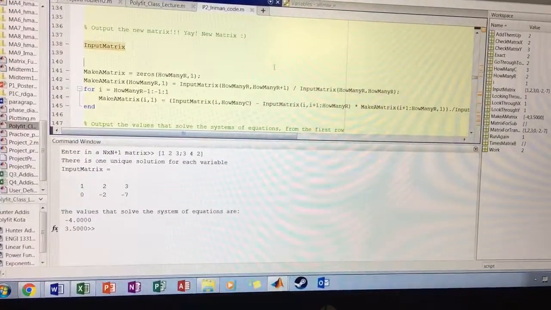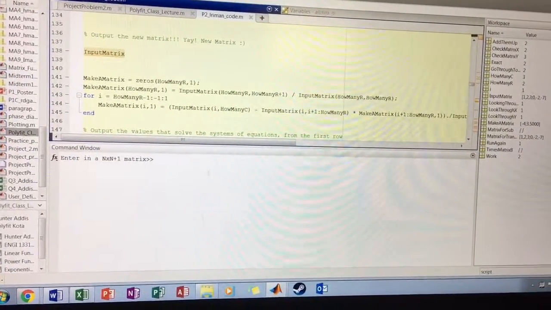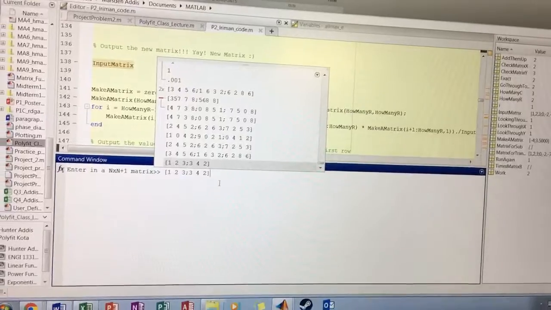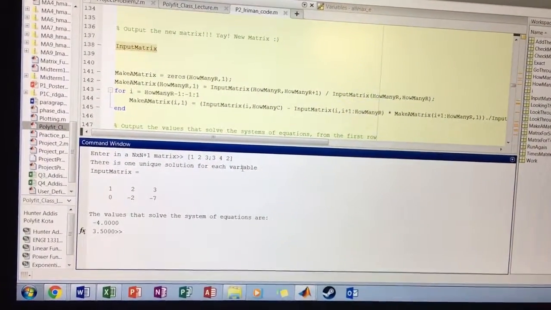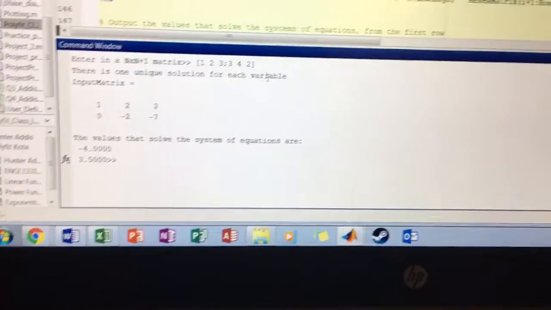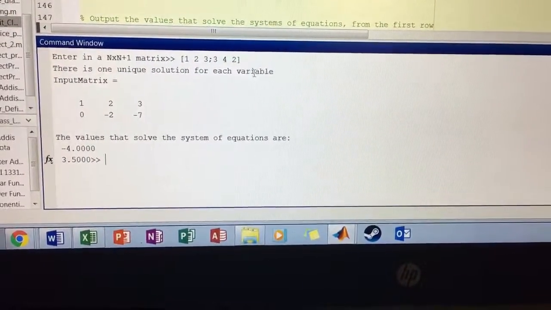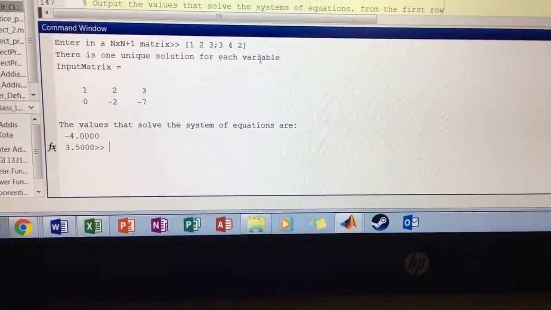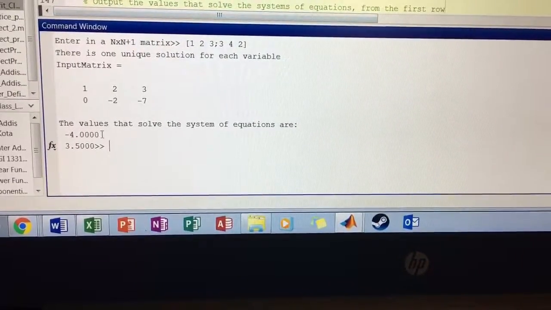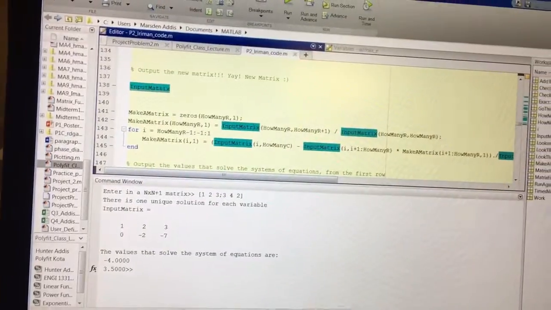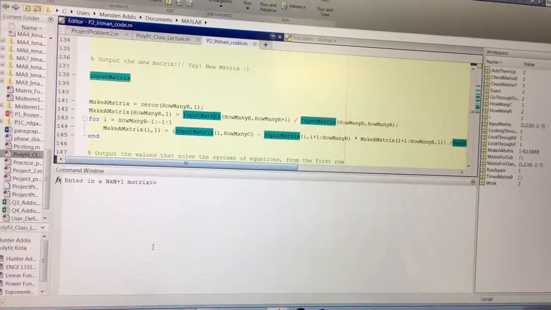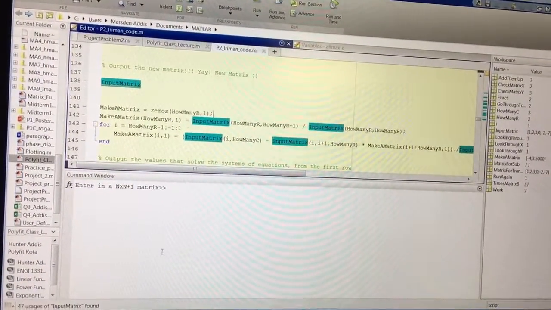So what we're going to do is run the code for several different matrices. First one is a 2 by 3, which is an n by n plus 1. And as you can see, it puts it in upper triangular form. It also gives the value for the first column x value and the second column x value. We can go back and run the code again